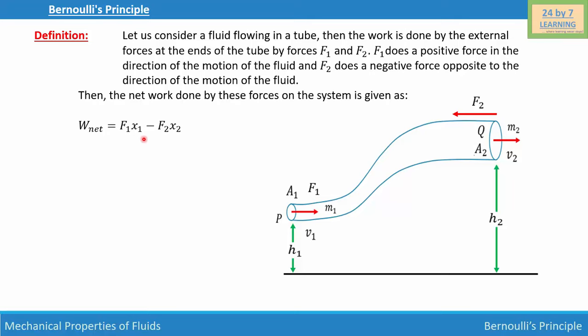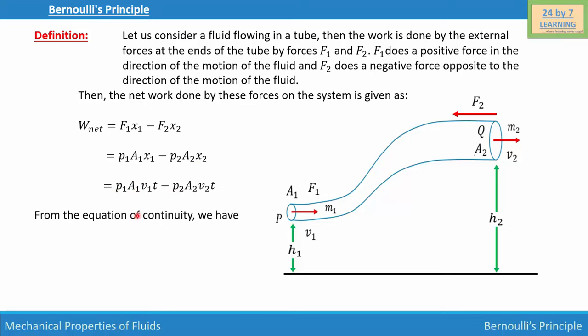traveled by the fluid. If we simplify further, we can write force as pressure times area. So we have P1 A1 x1 minus P2 A2 x2, where P1 and P2 are the pressures at the two ends respectively. If we simplify further, we will write distance as velocity times time. So x1 will be v1 times t and x2 will be v2 times t. So W net is equal to P1 A1 v1 t minus P2 A2